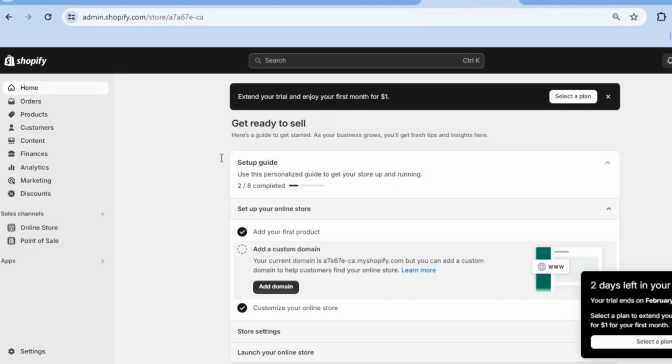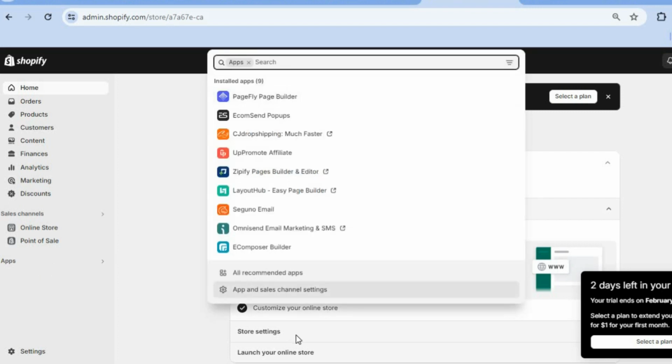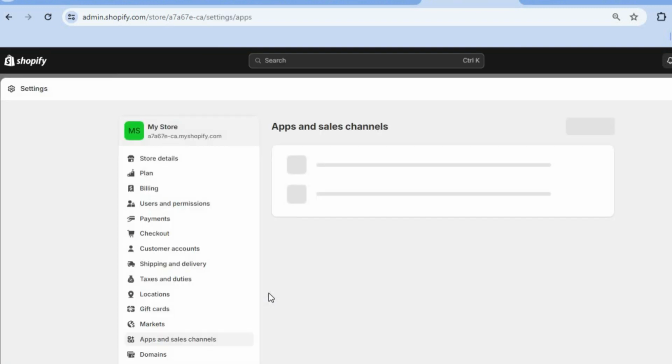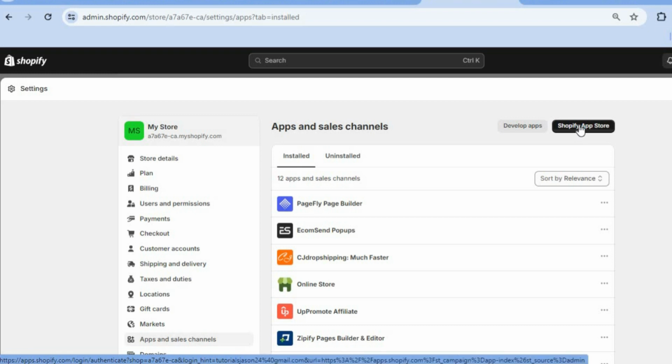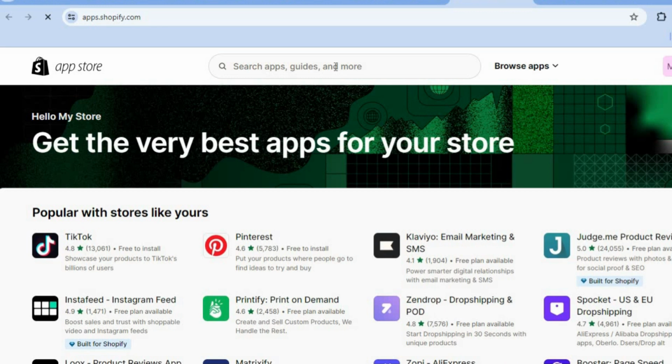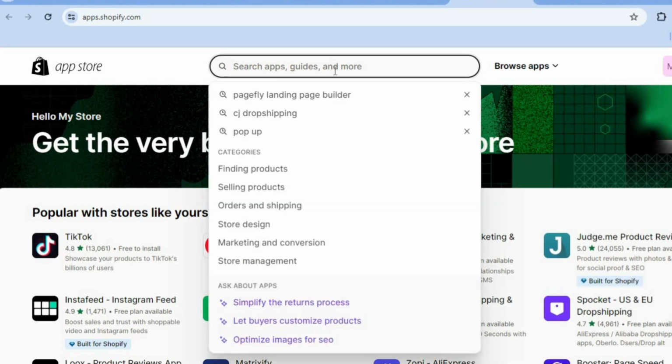And from here, we are first going to need to install Pagefly. To do this, you're going to tap on Apps from the left-hand menu option. Then you are going to tap on App and Sales Channel Settings. Once on this page, you are going to tap on Shopify App Store in the top right hand corner. Once on the App Store, you are going to tap on the search bar and I want you to type